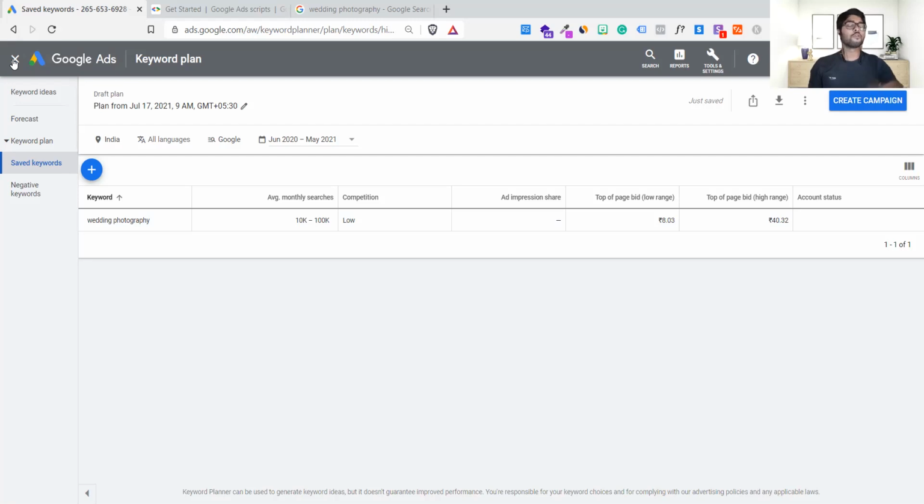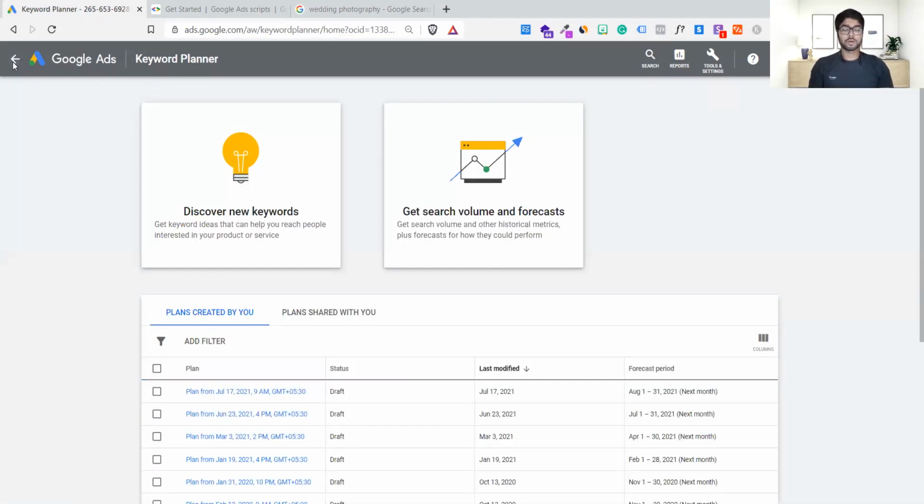If you just master Google search ads, I'm telling you, you're going to rock at Google Ads. Every business requires Google search ads right now, in India and the whole world. If you master that, 70-80% of campaigns being run are Google search ads. This is the best thing about it, and it is super easy and understandable. You just have to make some negative keywords and all, and you'll get the data. Super interesting stuff.